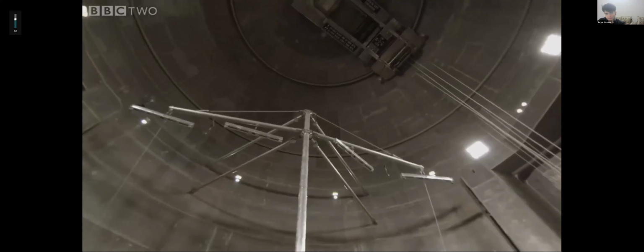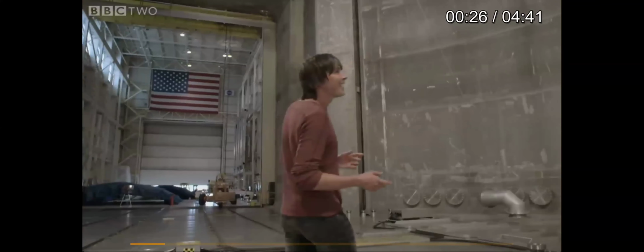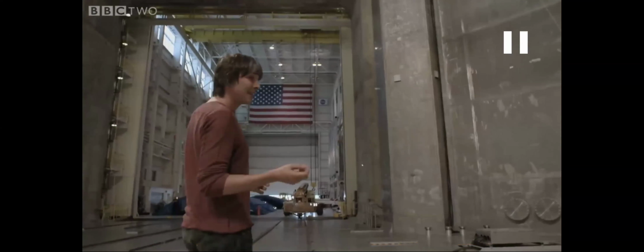It's used to test spacecraft in the conditions of outer space, by pumping out 30 tons of air in this chamber until there are only grams left. Basically this used to be a nuclear silo,